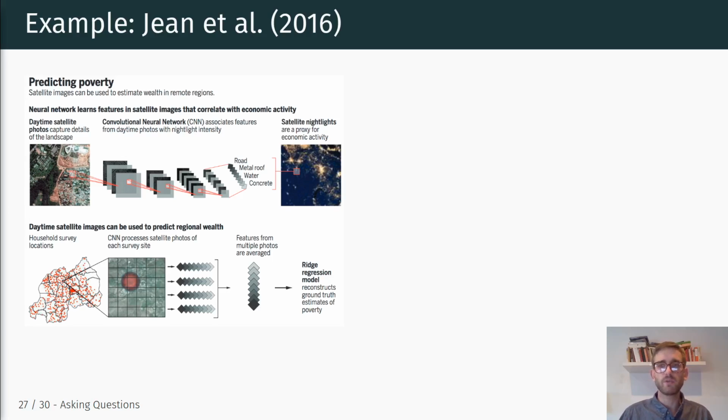So ultimately, what they're doing is they start with this CNN, the convolutional neural network, and they have a lot of training data. They have surveys in a couple of different countries in Africa, and so they have information on regional wealth, and they combine that with large amounts of satellite images, and then train this neural network to extract the features that predict economic activity, and then take those features to train a ridge regression to ultimately predict the mean survey responses in a specific regional cluster. Okay,